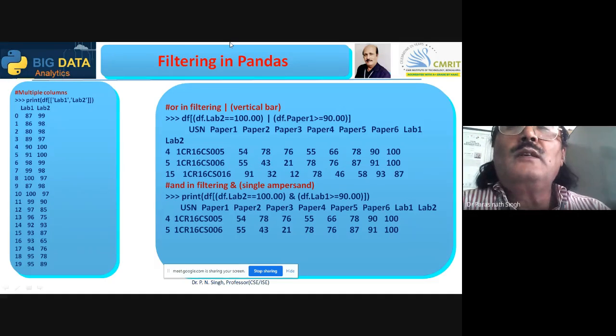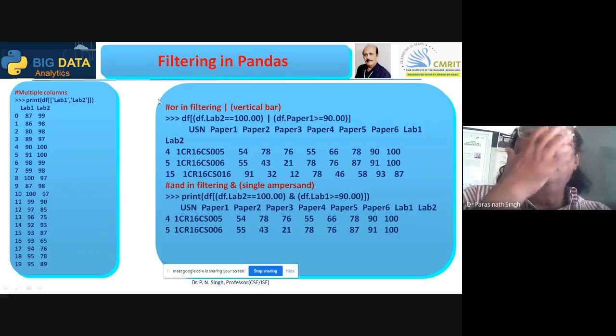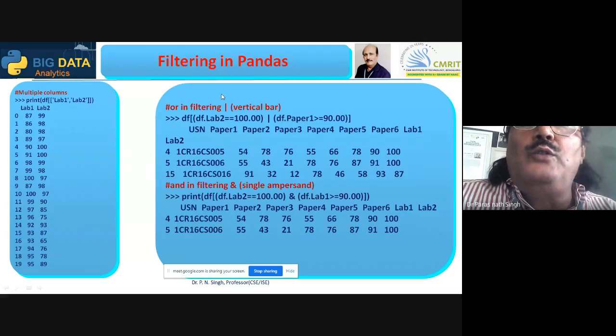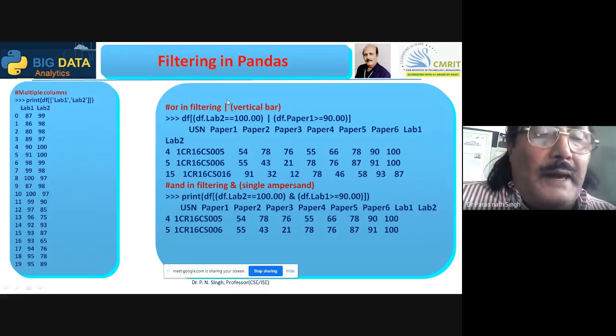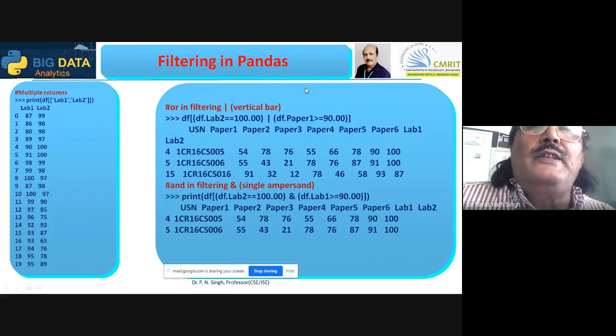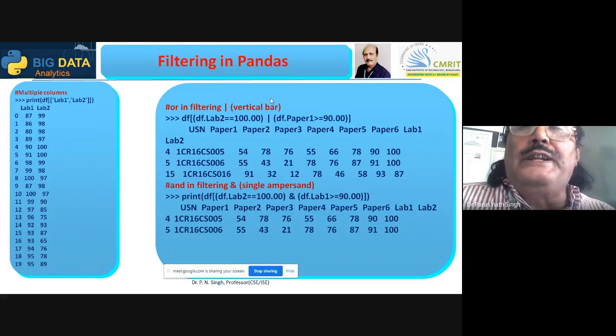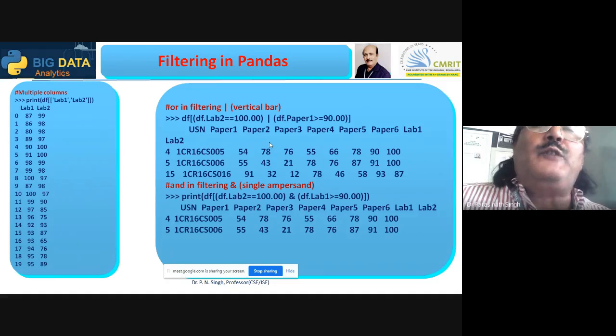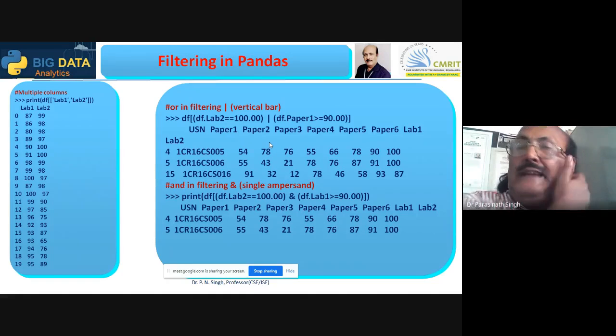Okay. So now we can also check how we are filtering using the vertical bar. Do not confuse that it is I or a small lowercase l. It is the vertical bar, which is the key on your keyboard, backslash with shift key. I'm giving the condition: df.lab2 double equal to 100 or df.paper1 greater than equal to 90.